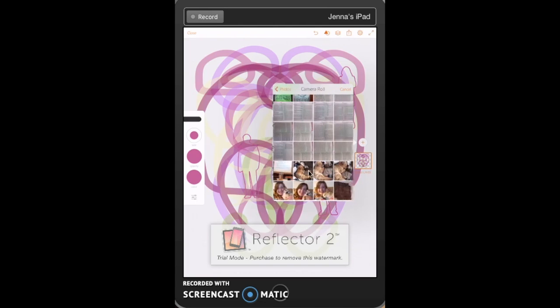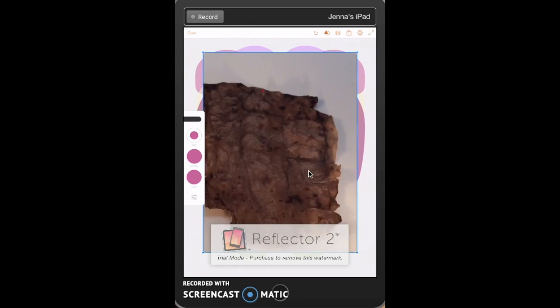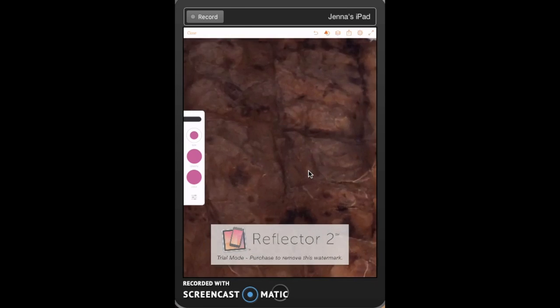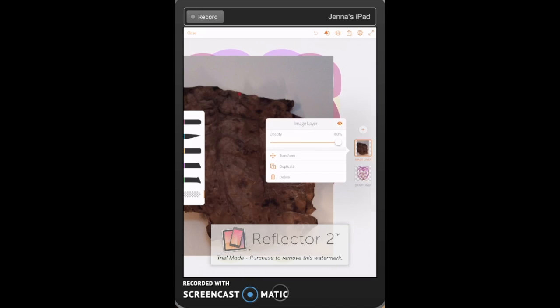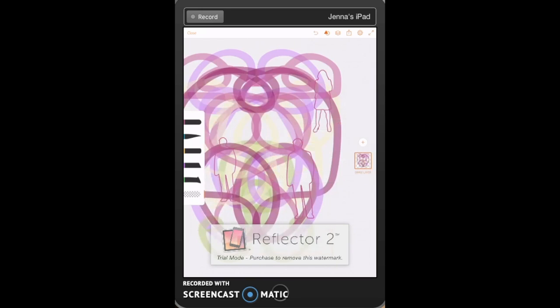And let's just look through here. Let's do this one. So it's just a photo of a piece of art. Okay. Let's go back to this. This image layer did not work for me the first time. I'm going to delete it. There's kind of a glitch. So sometimes when you add an image, generally, I just erased some stuff. I'm swiping sideways to undo. Generally, when you add an image,